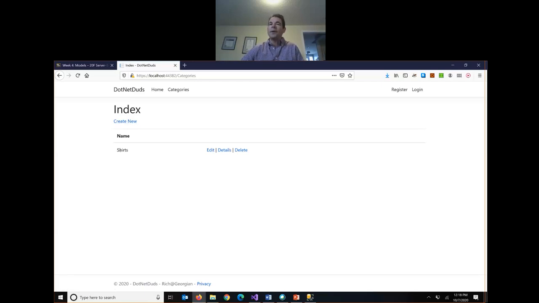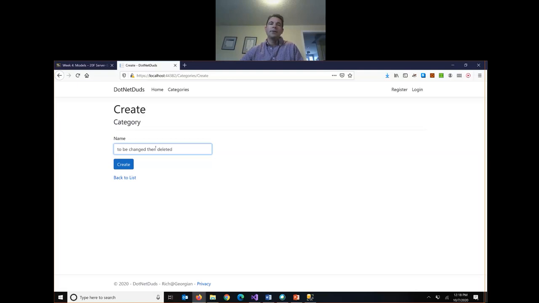So notice when I filled out my form, it's saved to the database. So I'll put in bottoms and maybe shoes. So create 3 or 4 categories in your database. So even though we haven't written any code at all, we have a functioning website, right? We scaffolded the controller. Our index method queries the database and fetches the list. Our create works. What about this? To be changed